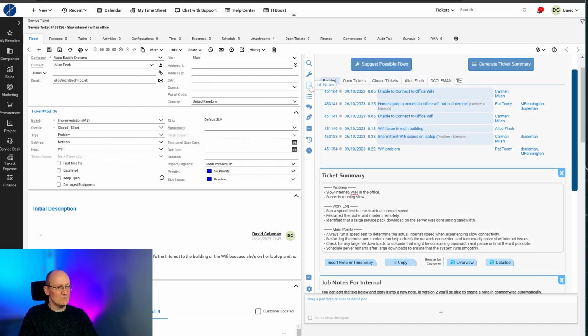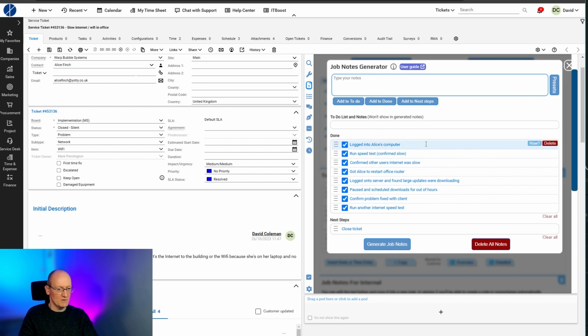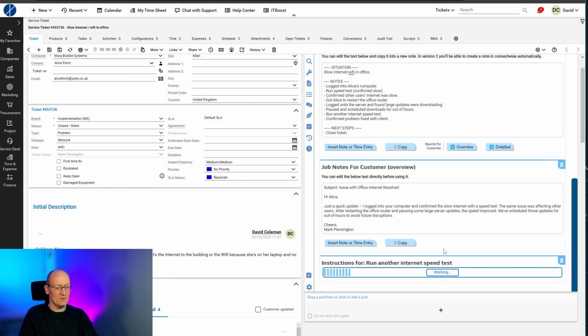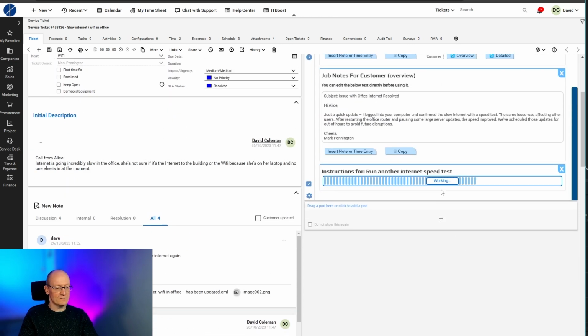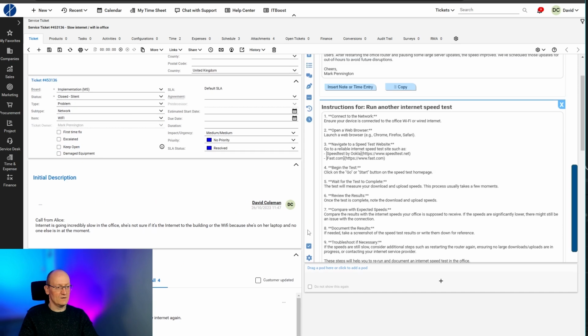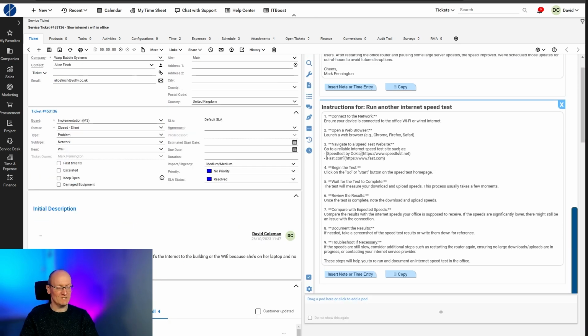If we just jump back to the job notes window again, one thing I wanted to show you is anything in these lists has a how button like we have in the suggested fixes. And providing there's enough context in your note for the AI to understand what it is you're asking, when you press how, it will give you a step-by-step of how to carry out that item in your to-do list, which is obviously pretty handy if, say, a new technician has been given a list of things to try by an existing member of staff. They don't have to bother them, they can just click how